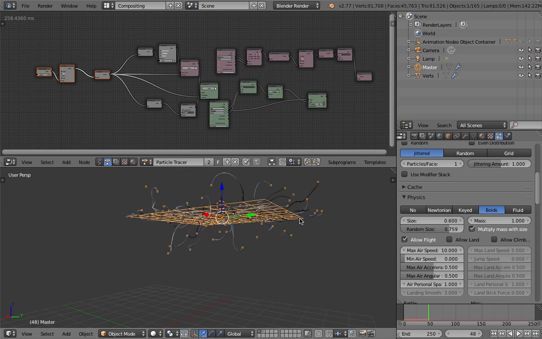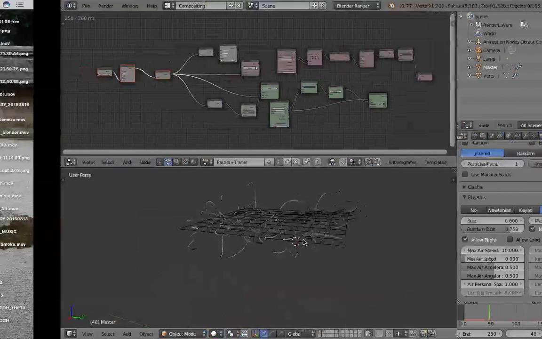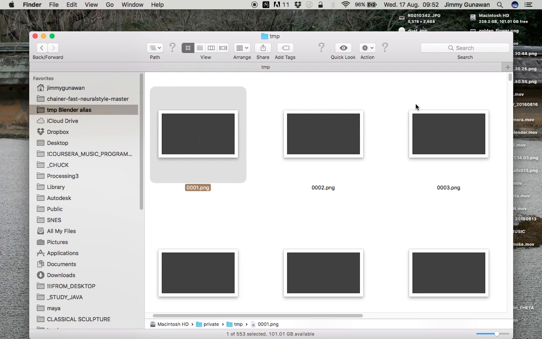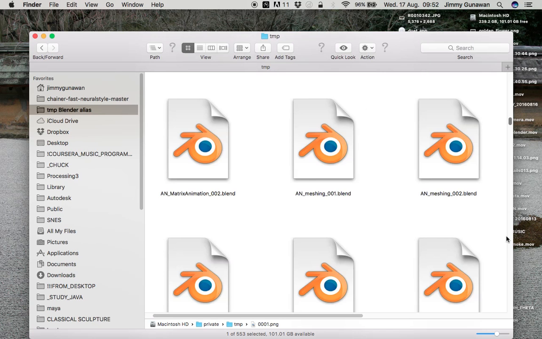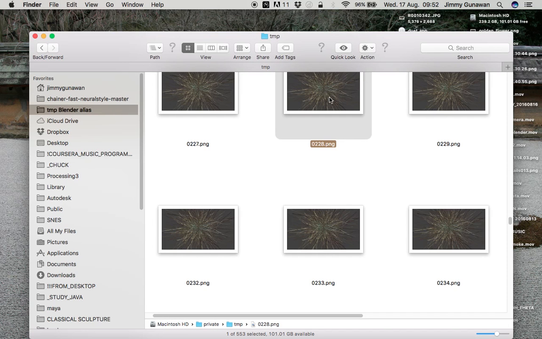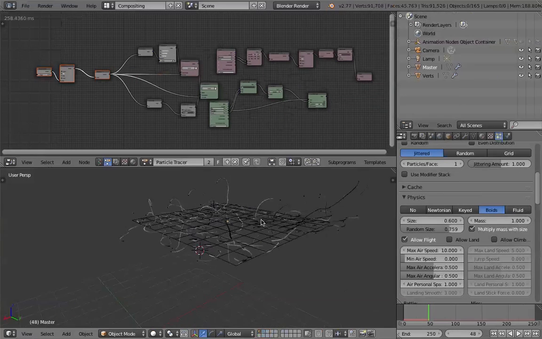Now I'll show you quickly an example of a render. I actually just rendered it the other day, and it's looking like this. So let's quickly jump into that frame. It's just our master emitter emitting particles from the center, and then all the particles just fly all over the place. All I used is the Brownian, but you can use other stuff like even